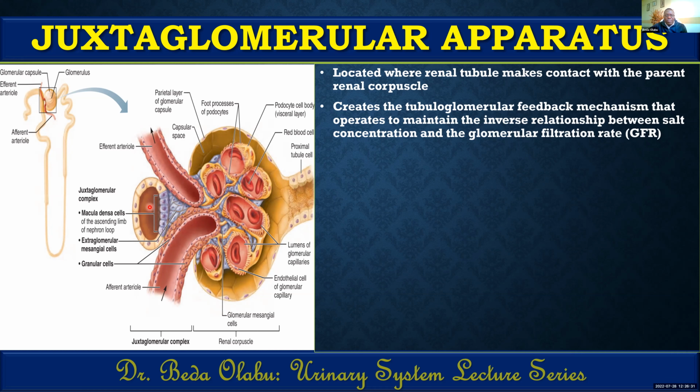And so that junction is important in some mechanisms of the kidney, which we call the tubular glomerular feedback mechanism. This feedback mechanism is important in maintaining an inverse relationship between the concentration of salt within the renal tubules and the glomerular filtration rate. What that statement simply means is this: when the amount of salt being delivered within the DCT is low,